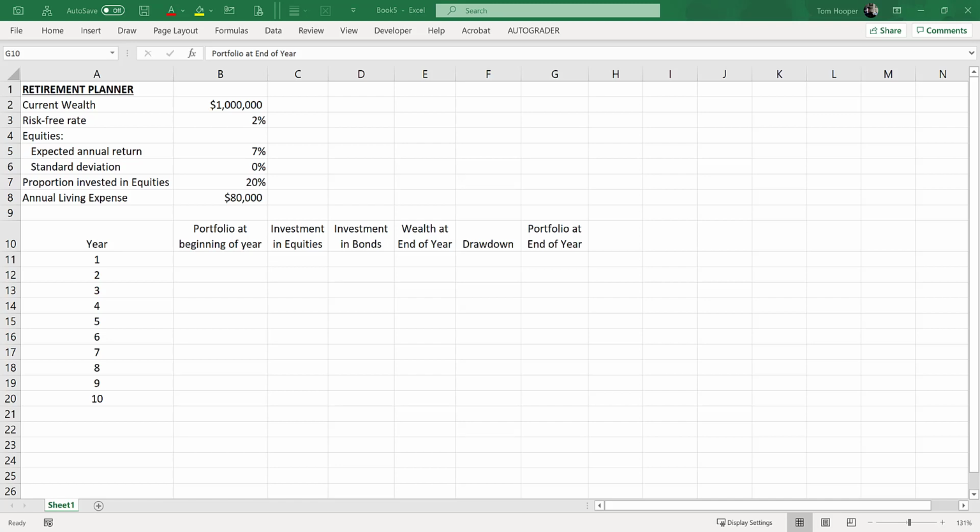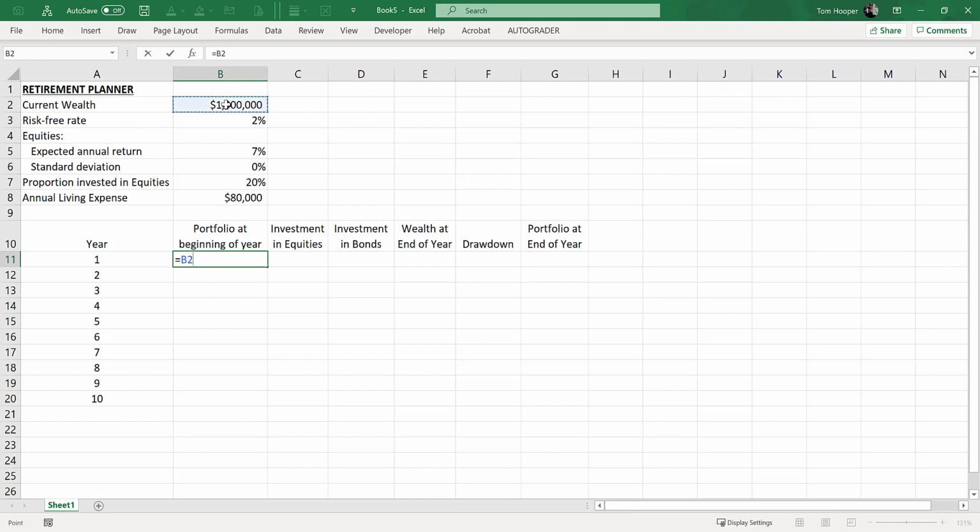Let's look at a simple retirement planner with no uncertainty in it. This will make a great starting place for teams doing a wealth management project, and it will also make a great project for me to quiz the class on to see how much they know about modeling rules, goal seek, and data tables. So the portfolio at the beginning of the year, let's set that equal to our client's current